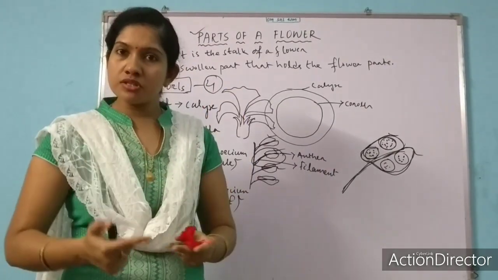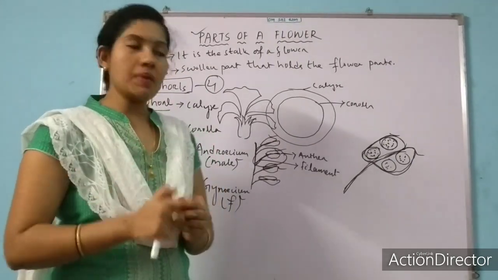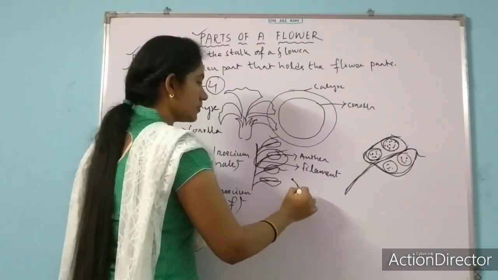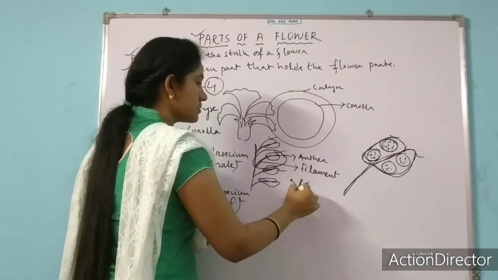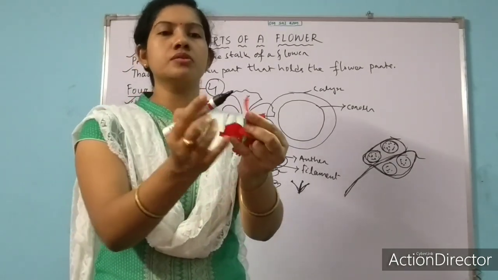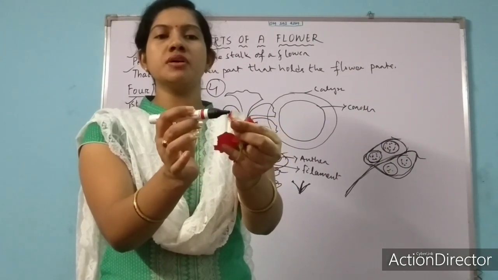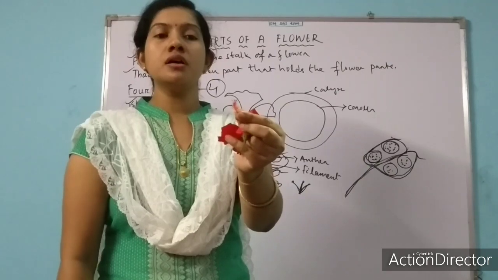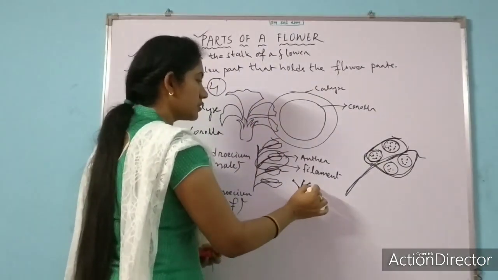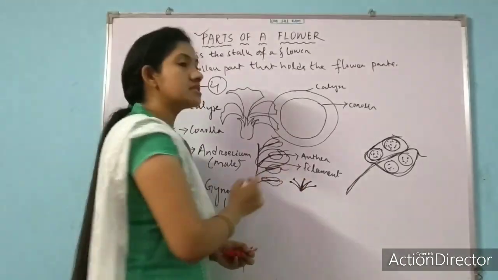So what are the collection of carpel? Generally a carpel or a pistil has three parts. What are the three parts? At the top it has a structure like this. You can see here also. I will show you later in close view. These are the upper or the first structure of a carpel or a pistil. These are the swollen tip of the pistil. We call it a stigma.